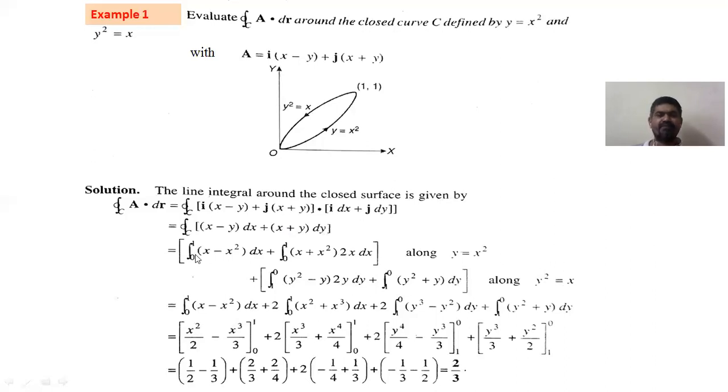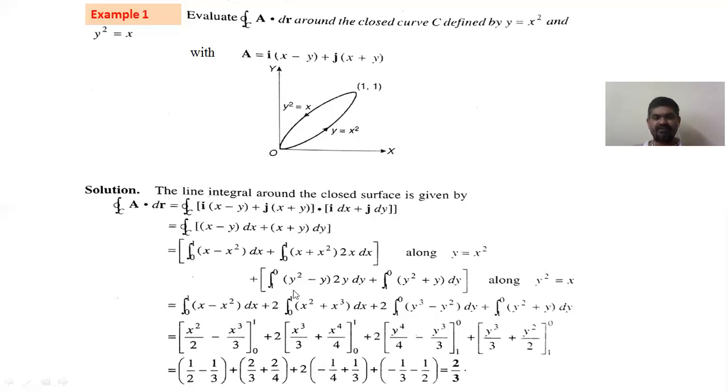Next, you have to perform integration of all these four terms. First, integration of x dx is x square by 2. Next, x square dx is x cube by 3, within the limits 0 to 1. Next, the second term is x multiplied with 2x. You take 2 out, x square, whose integration is x cube by 3. Here x square into x, therefore x cube, and the integration of x cube is x to the power of 4 by 4. 2 is written here and the limits are 0 to 1.